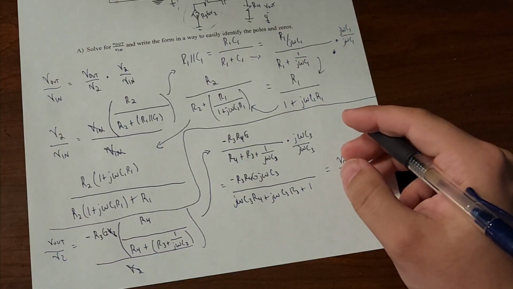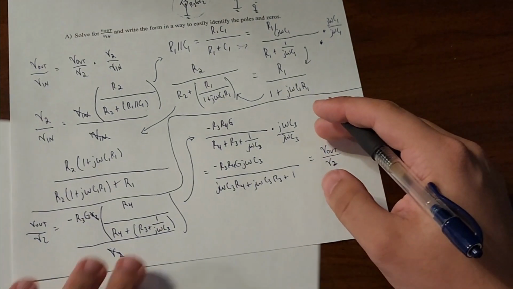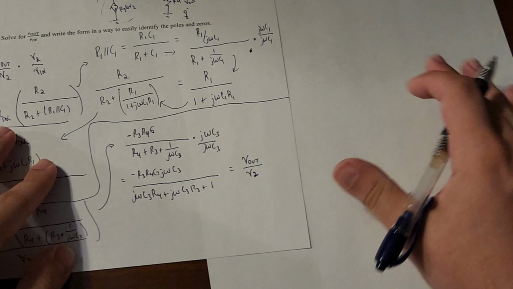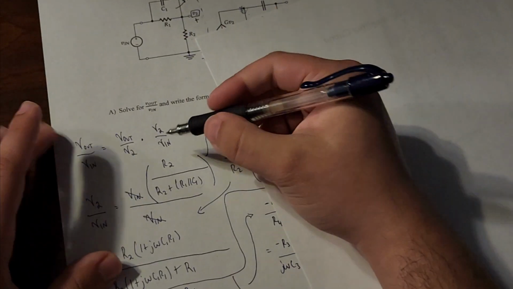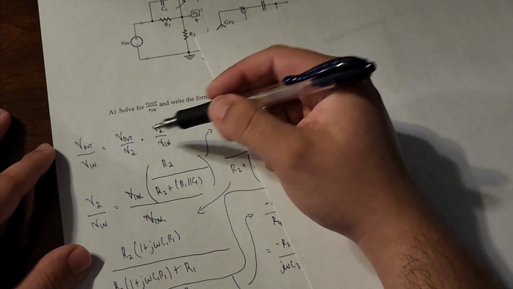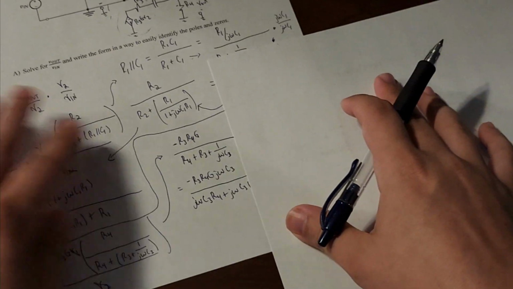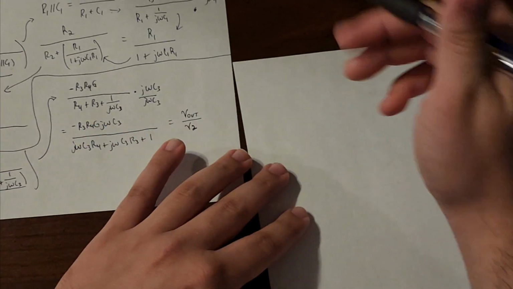All right. So I'm going to use another paper here. What we're going to do is multiply them, right? At the very beginning, that's what we needed. We have V out over V2, and we have V2 over Vn. I'm going to rewrite them on this paper here. So what we have is